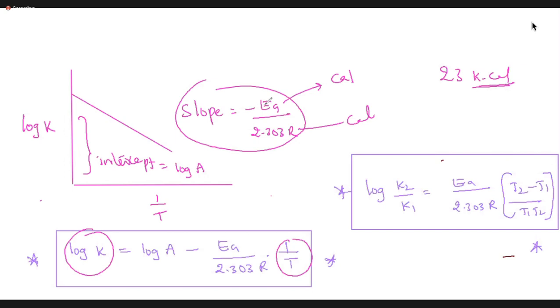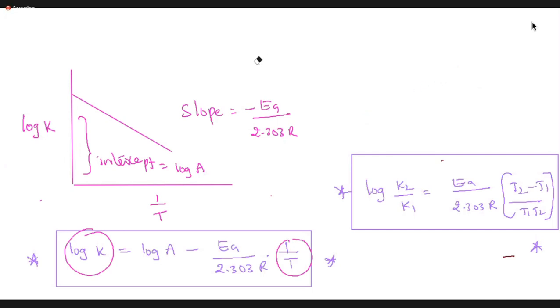Then what you have to do? Minus Ea by 2.303 R is equal to 23. So it should be multiplied with 2.303 into 2, right? Yes, sir. Same unit you have to use. And also don't forget calories versus kilocalories. If kilocalories is there, multiply by 10 power minus 3 into 2, right? That kind of questions are possible.